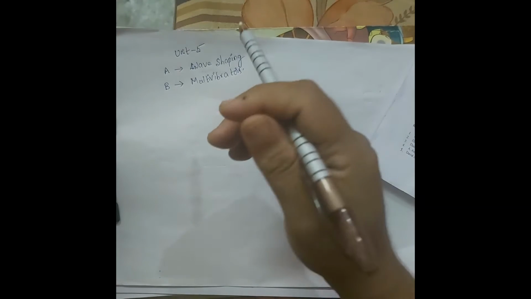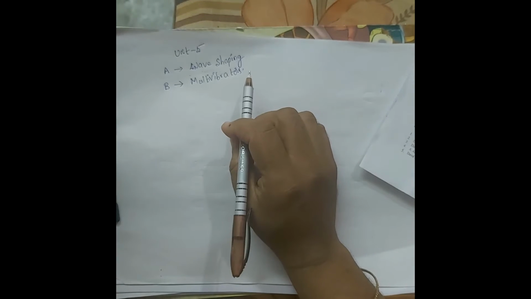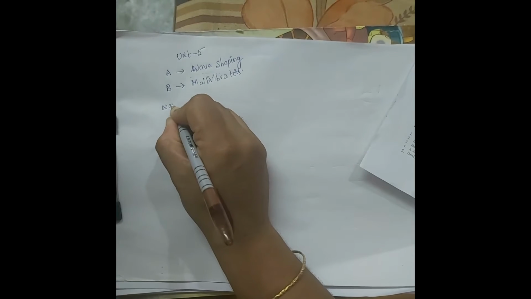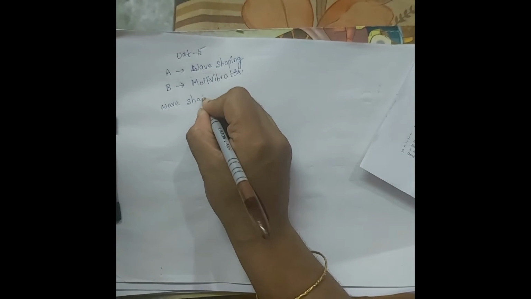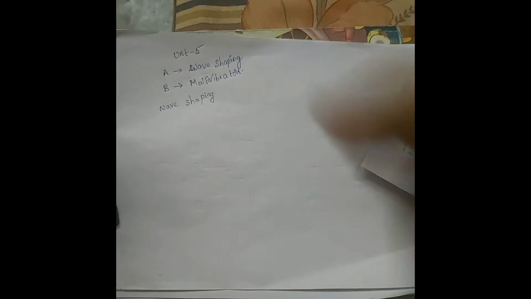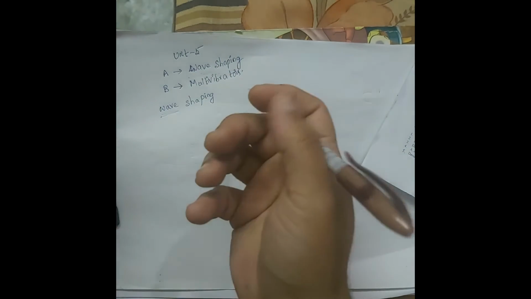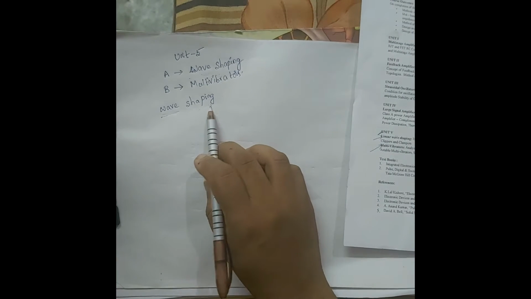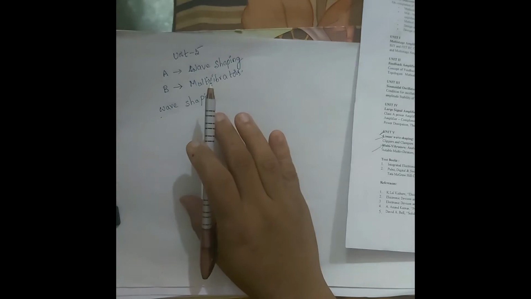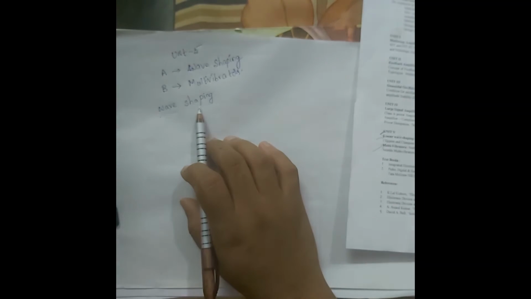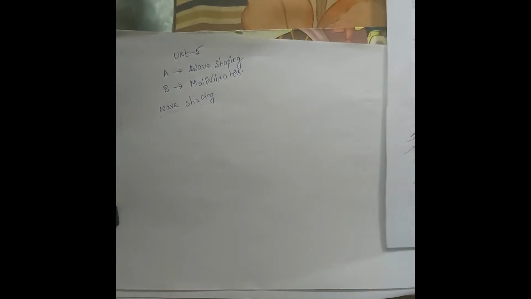Okay, so first of all, that is wave shaping. So what is wave shaping? As I have already told you, in electronics we don't need to learn all the definitions by heart. The name itself indicates the whole definition. Wave means any waveform, like sinusoidal or square or triangular, anything. Shaping means conversion of one shape to another shape. That means if a sinusoidal wave is there, and you want to convert that sine wave into some other wave, then that process is called shaping.